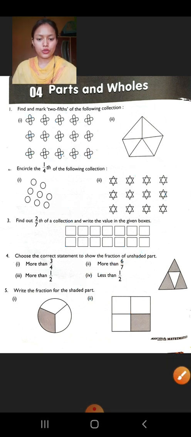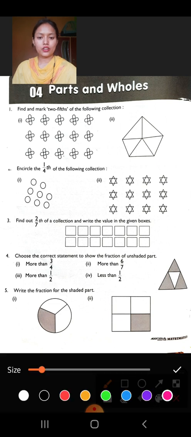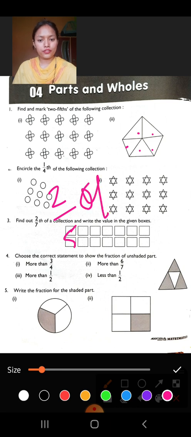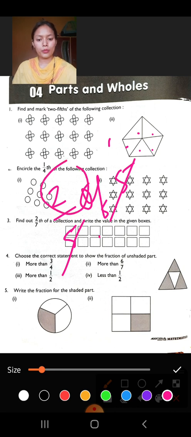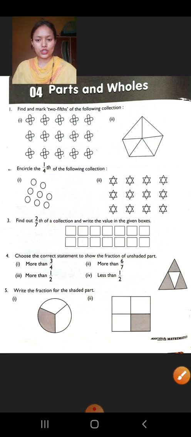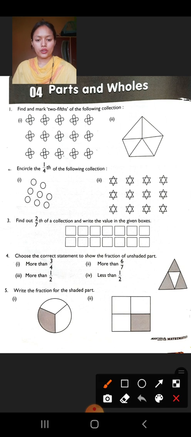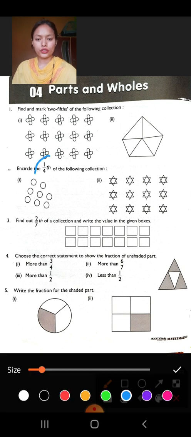In the second part also you will do similarly. Here also first of all we will count 1, 2, 3, 4, 5. How many total parts are there? 5 parts are there. So first you will find 2 upon 5 of 5. Then you will cut it. 5 ones are 5, 5 ones are 5. So what left? 2. So you will color how many parts? You will color 2 parts, 1 and 2. Both these parts you will color. Is it okay?